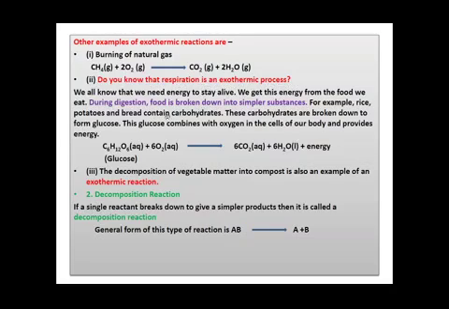So let us see. We all need energy to stay alive. And from where are we getting this energy? We are getting this energy from the food which we eat. So what is happening during digestion? Complex food is broken down into simpler substances. For example, the rice, potato or bread which we eat contains carbohydrate. These complex carbohydrates during digestion get converted into glucose.